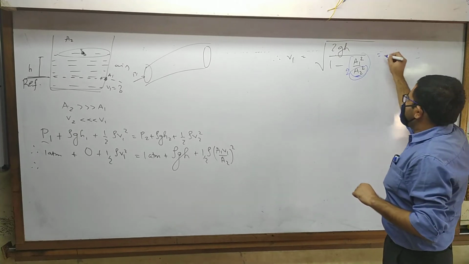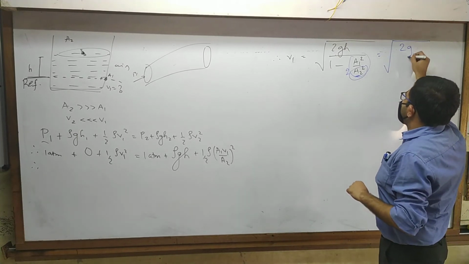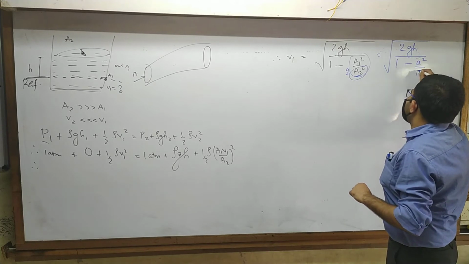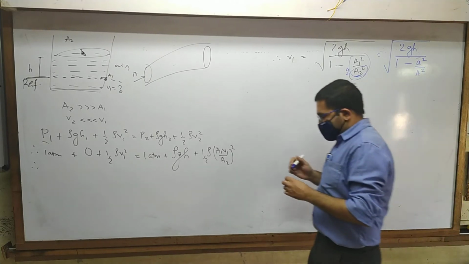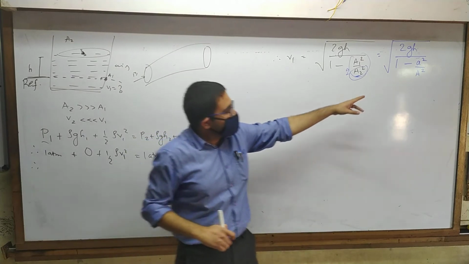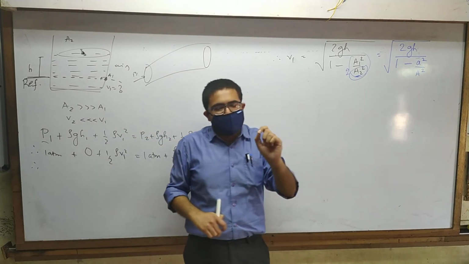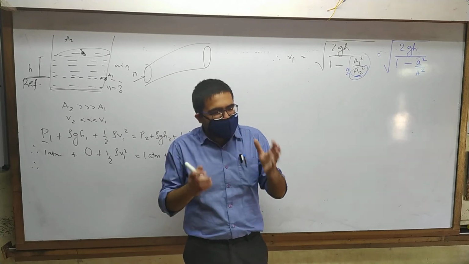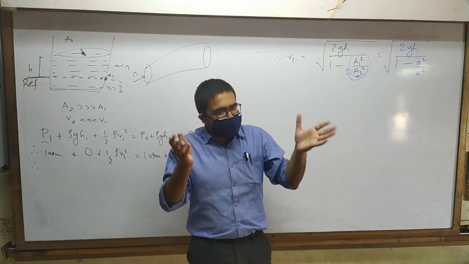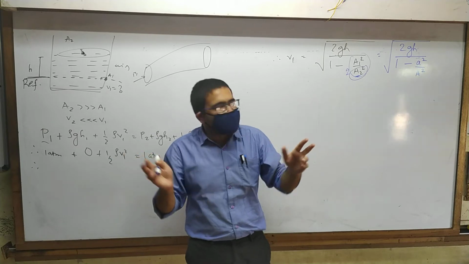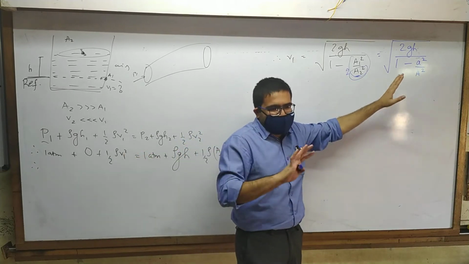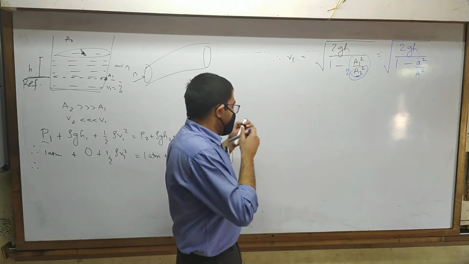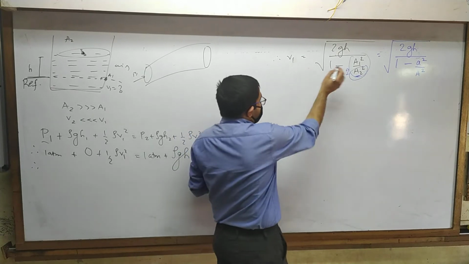Another way to remember this is to change the symbol. This way, normally I find that people like it. Okay, understood? Small a, lowercase a for the smaller area, that is the area of the hole. And capital A for the bigger area, that is the area of the vessel. You can choose whichever form you like. I don't have any problem. But as usual, I am going to expect that you know what the terms are.